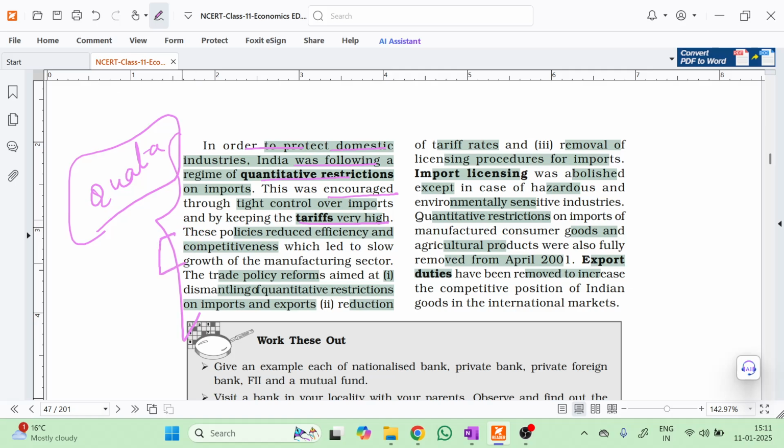But the side effect of these restrictions was that the Indian economy, instead of growing in capacity and increasing its competitiveness, reduced its efficiency and competitiveness. How did that happen? The thing is,